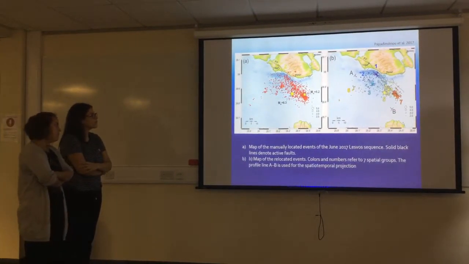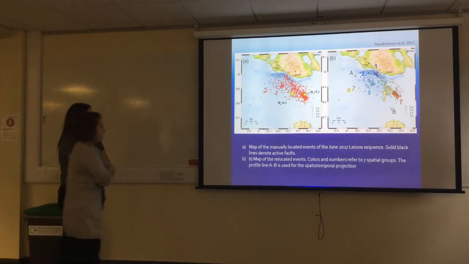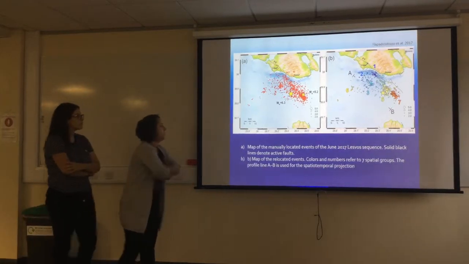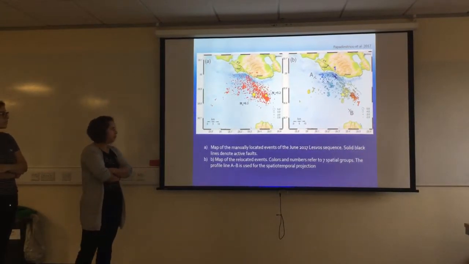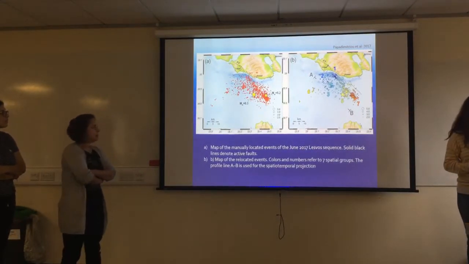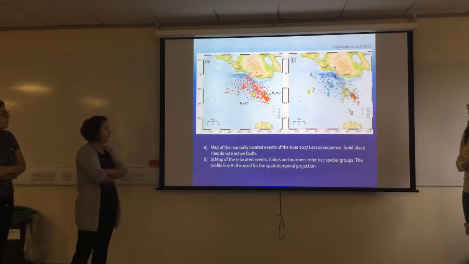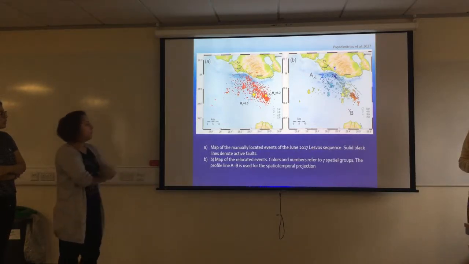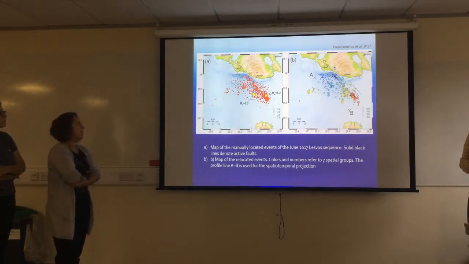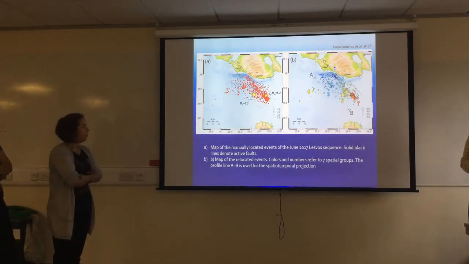The events of the June. The bigger star is the epicenter of the main shock, and the other one is the largest of the aftershocks. And in the second map, we see all the epicenters after the earthquake of the 12th of June, and the scientists